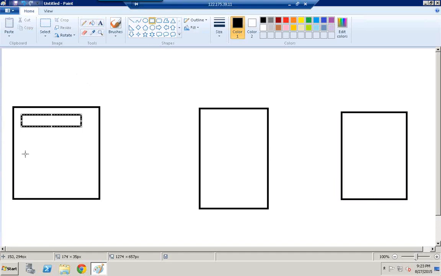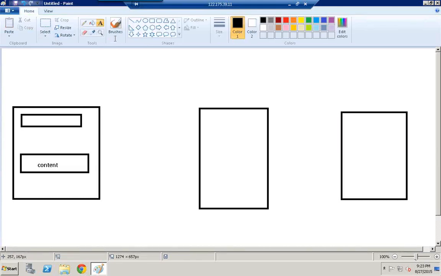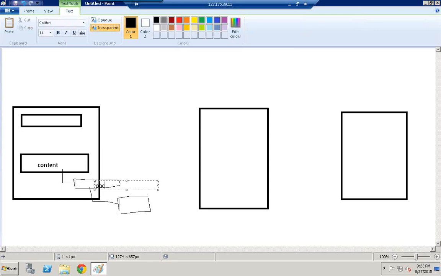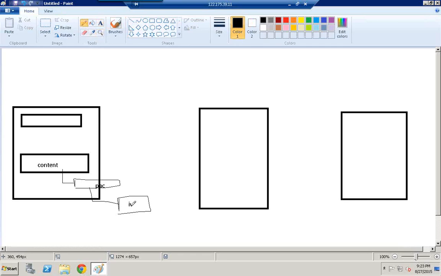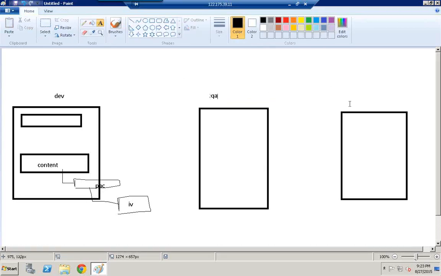Now if you see, you have catalog, and then the second one is content. In the content, we have packages, and under packages, we have information views. In order to transport these information views from development to QA and to production,